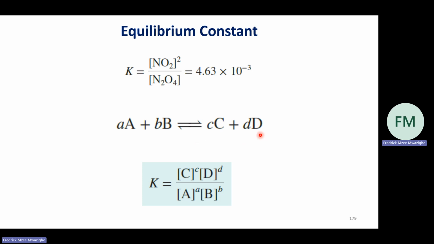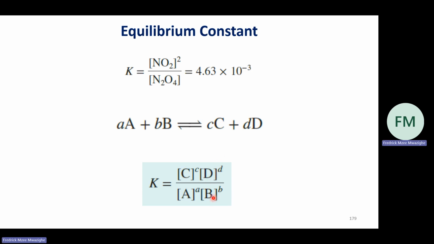So for example, if the product side is favored, meaning you have a higher concentration of products than the reactants, then